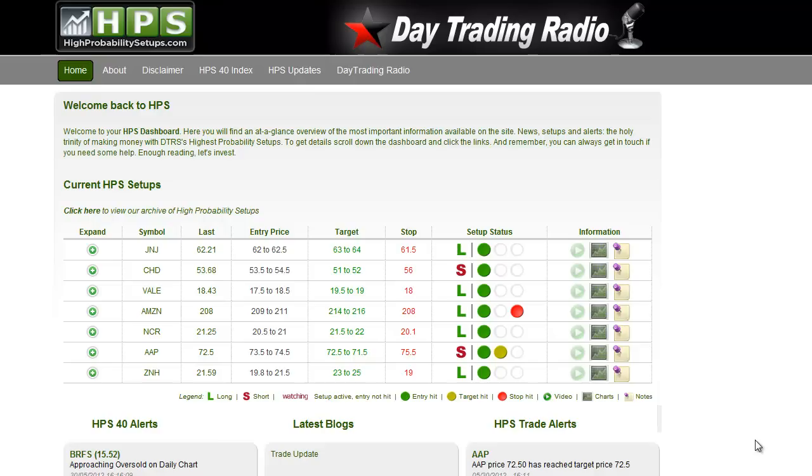Now, high probability setups is a trading methodology, a system, even though I don't like sometimes using the word system. It is in that sense almost an automated methodology that really is best described by its name, high probability setups. And what I've found over my history of trading, starting back in the early 90s,